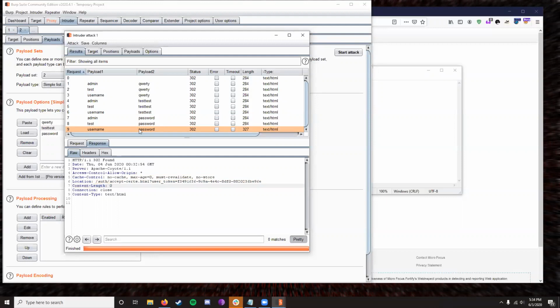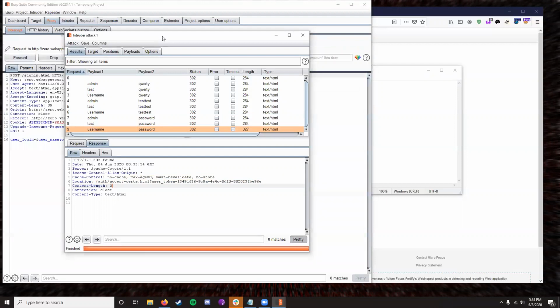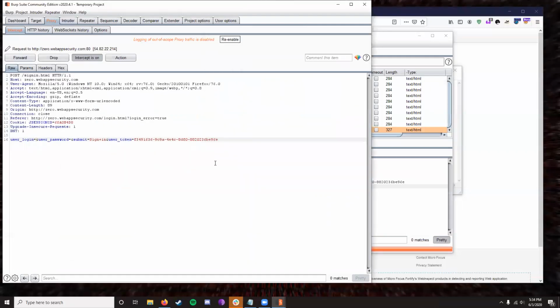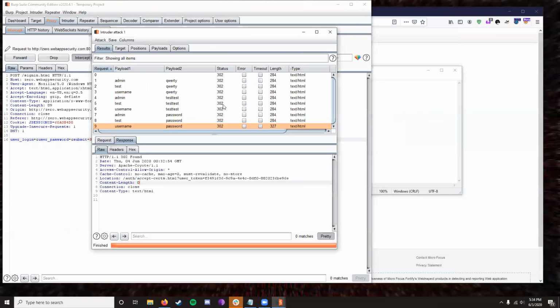This can be really helpful because you can then take these two payloads and go back to your proxy and then use these payloads in your actual request. You can also,